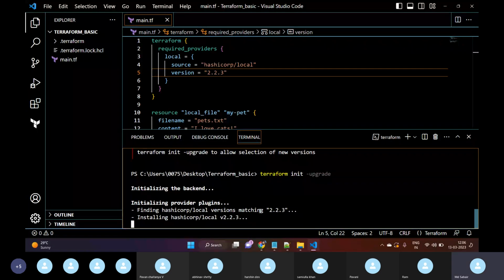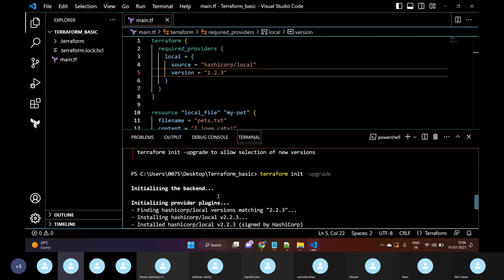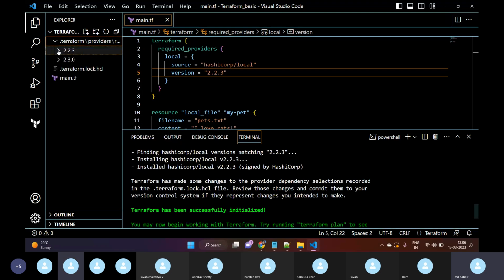So what this is trying to do, this is trying to download the version 2.2.3. Okay, but again if you scroll down, here you can find two versions of plugins, 2.2.3 and 2.3.0. As of now,